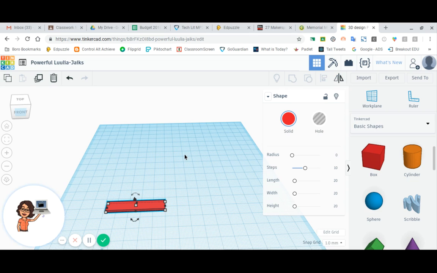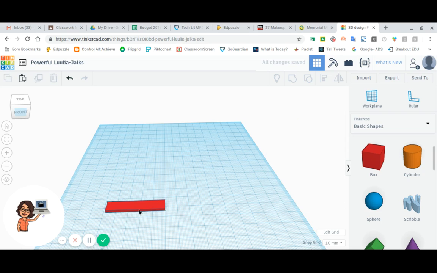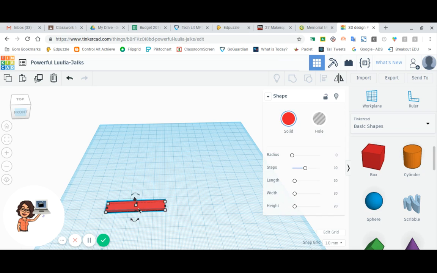Okay, you can do a Control C, or up here is where you can copy. This is duplicate, so if you want the same exact track, okay, it placed it on top. You couldn't see it, but it's there. So when you hit duplicate, it automatically duplicates it, but right on top. So you can take tracks, put them together,